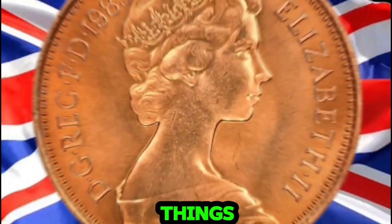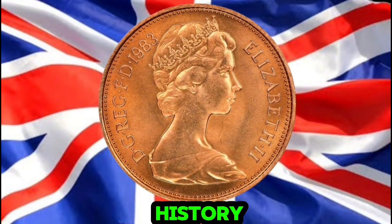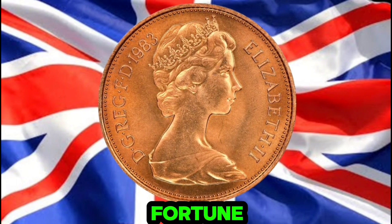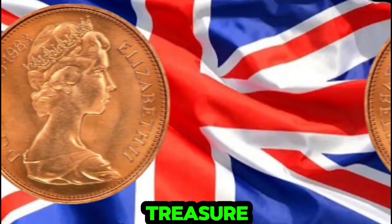So, to wrap things up, the 1983 2 new Pence coin is not just a piece of history, it could also be your ticket to a fortune. With a little luck and a keen eye for detail, you might just have a hidden treasure in your collection